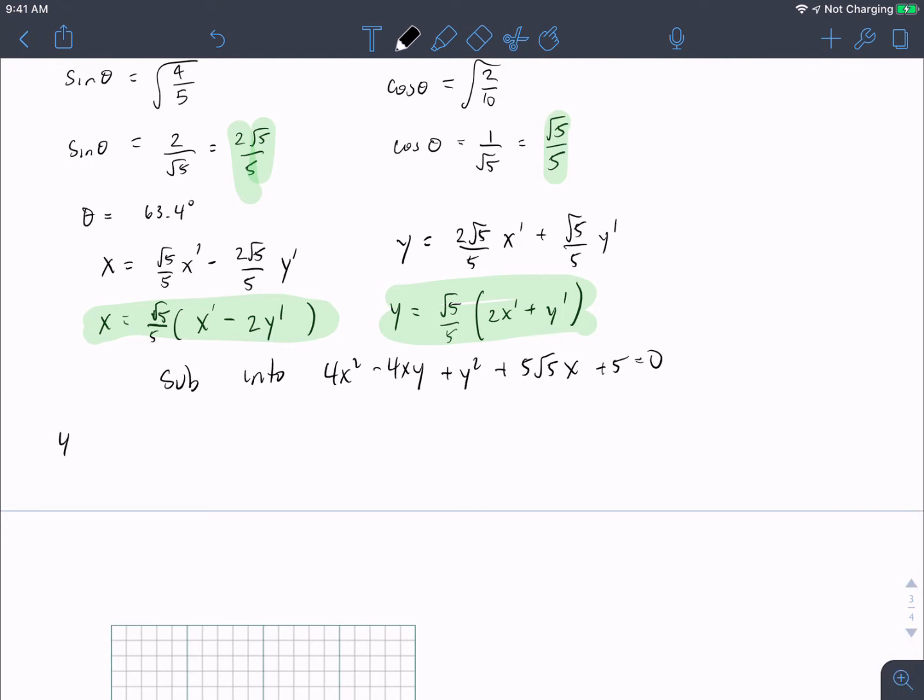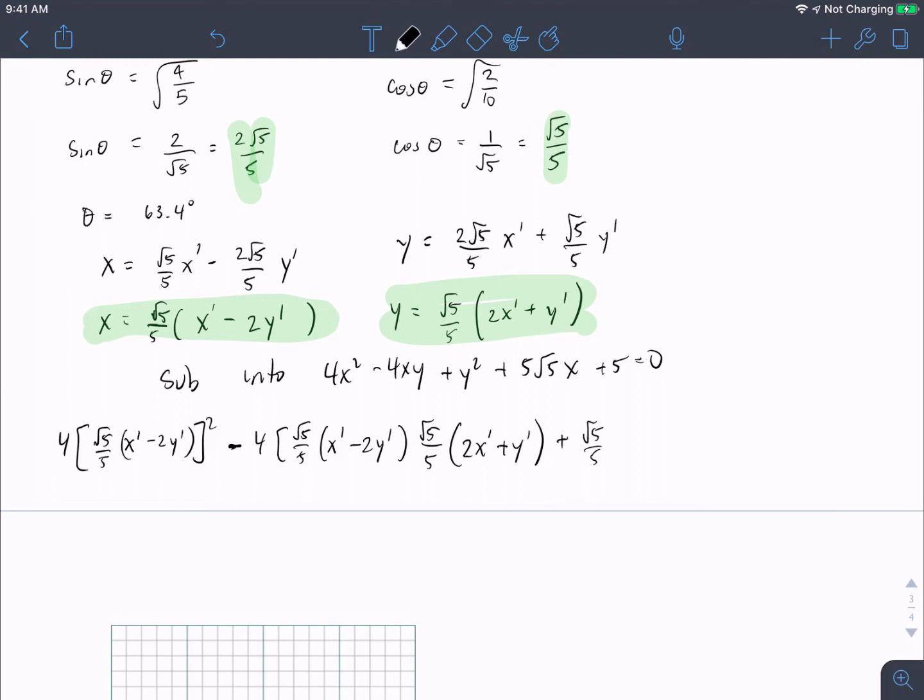It's going to be 4 times root 5 over 5 (x' − 2y') squared, right, because that's our new x, minus 4 times root 5 over 5 (x' − 2y') times the y, so that term is the minus 4xy, and then plus the y squared, which is going to be square root of 5 over 5 times (2x' + y'), that whole quantity squared, plus